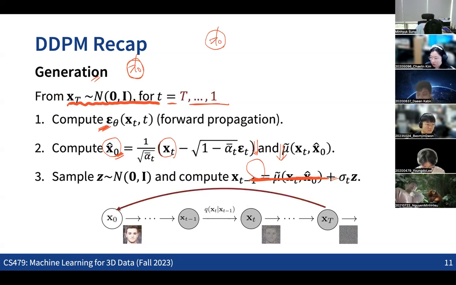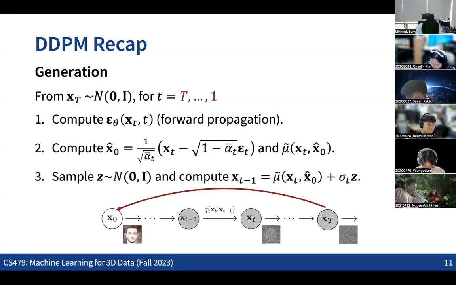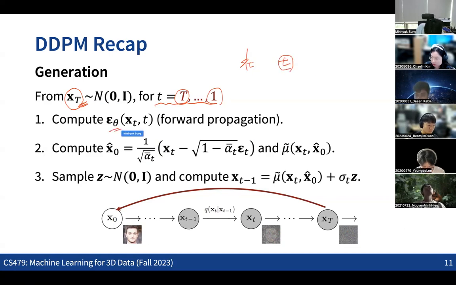But in the generation process, we actually need to do it in a sequential way. So we start from a sample from the unit Gaussian, and starting from there, we run the reverse process from time capital T to 1. In this way, for the xt at an arbitrary time step t, we predict the noise that was added to the xt, and then we can predict the x0 from the xt and the epsilon t. And from that, we can predict the mean of the distribution of this, right?